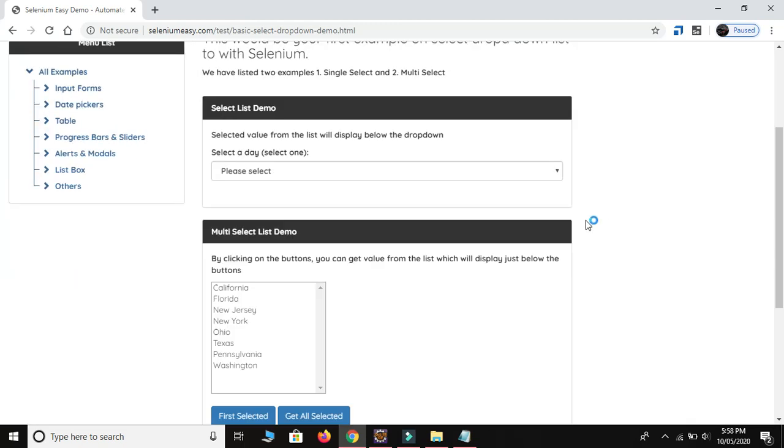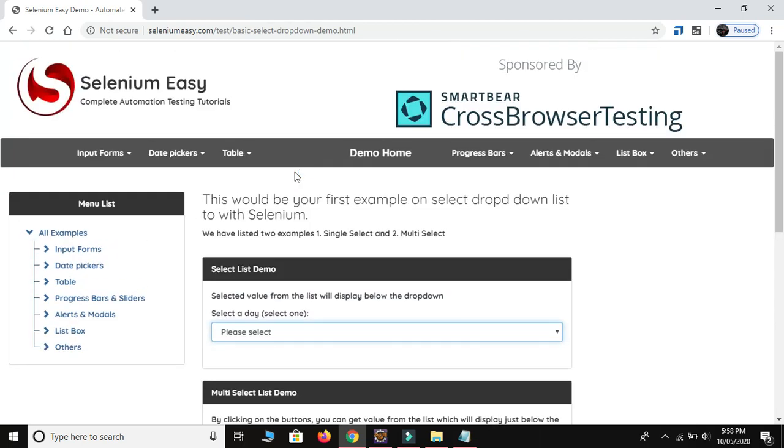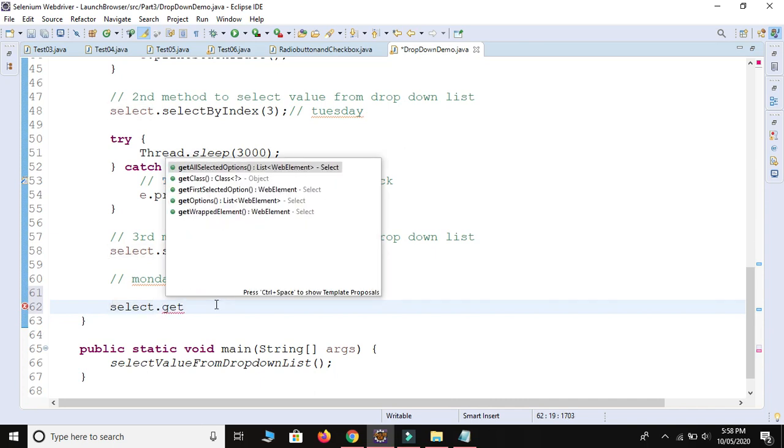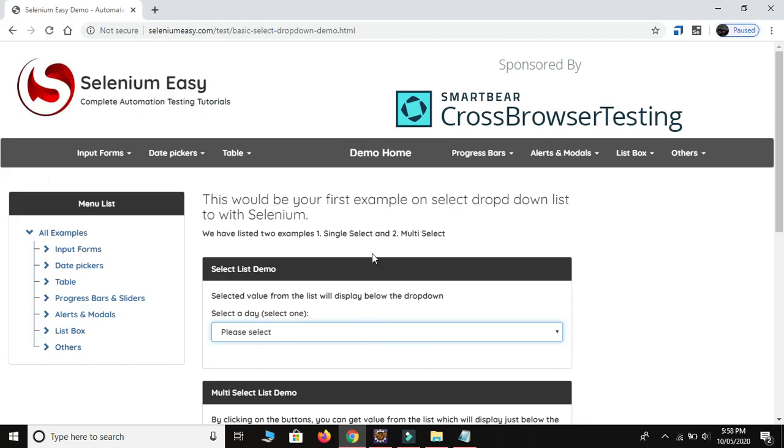You need to verify how many sub elements are present inside this list box. So we use select.getOptions method, which means it will return all the options, because let me inspect one more time.